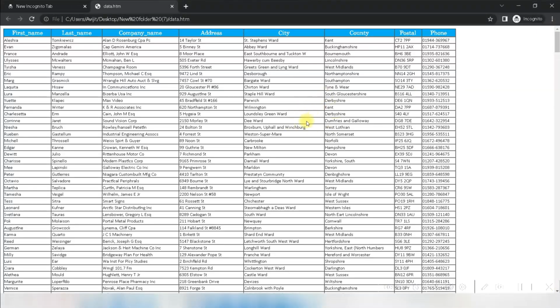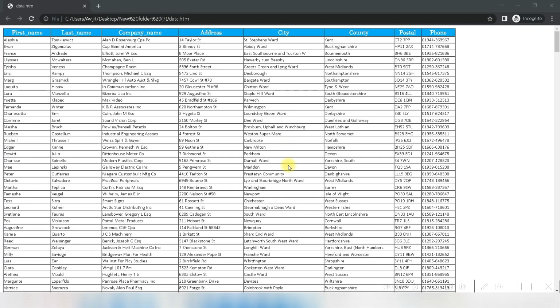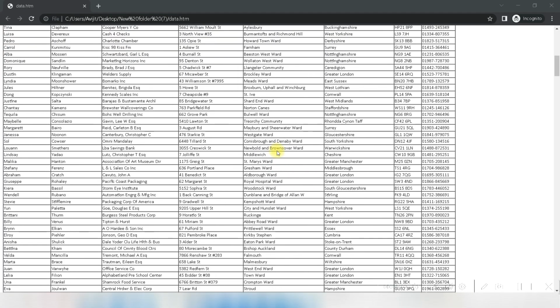By following these steps, you can export a range of data from Excel to an HTML file by using Kutools